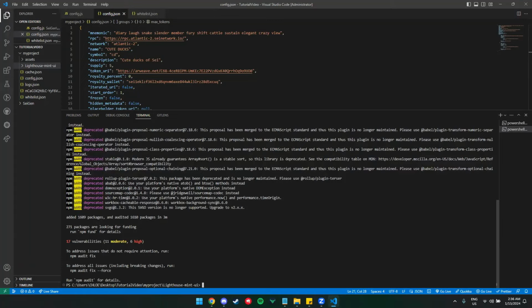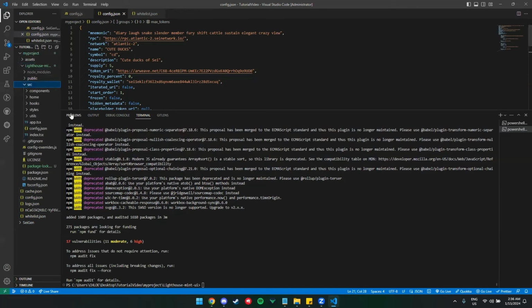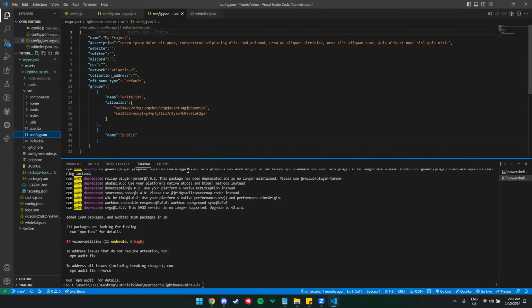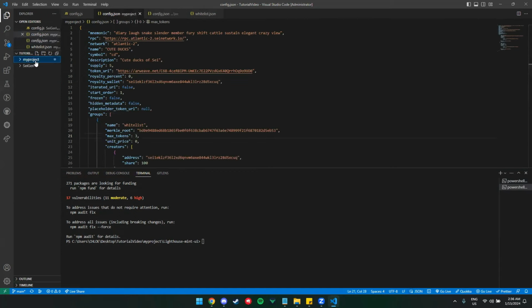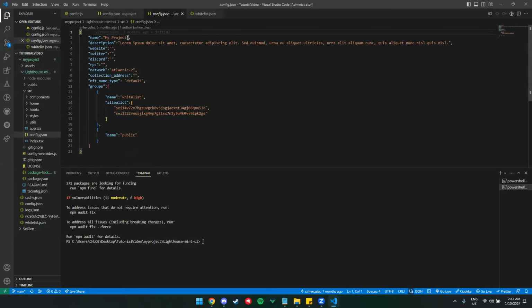Okay, after installing everything, you can now go to Lighthouse here, and then source, and look for the config.json file. For the name, I'll just copy the config.json from my project. So this one, you just look for the config.json. This is the config.json. It's the same. So yes, I'll just copy the name, Qt docs, and paste it here.